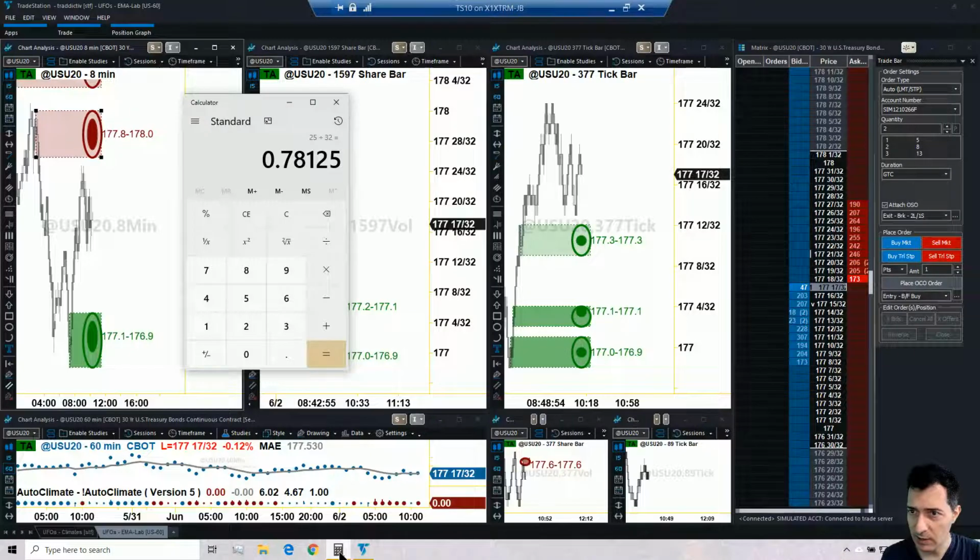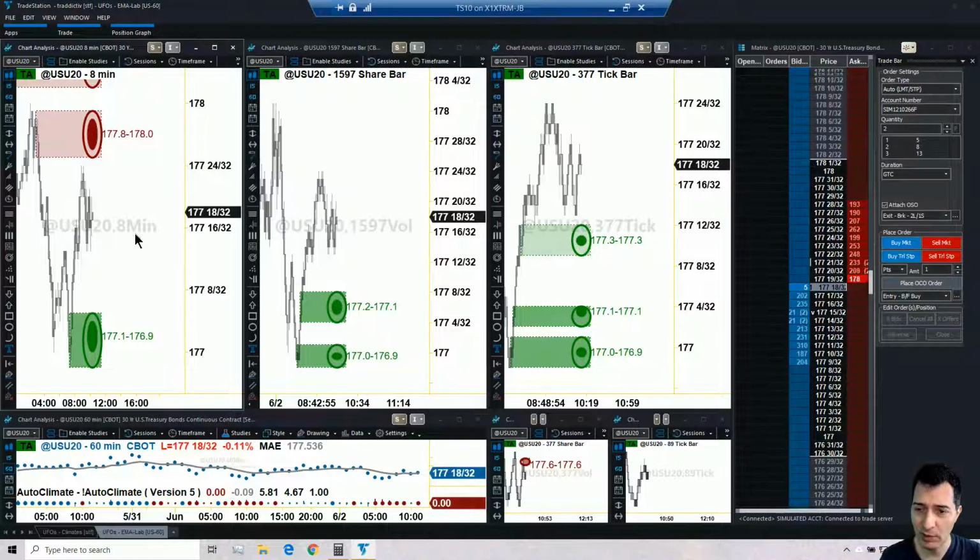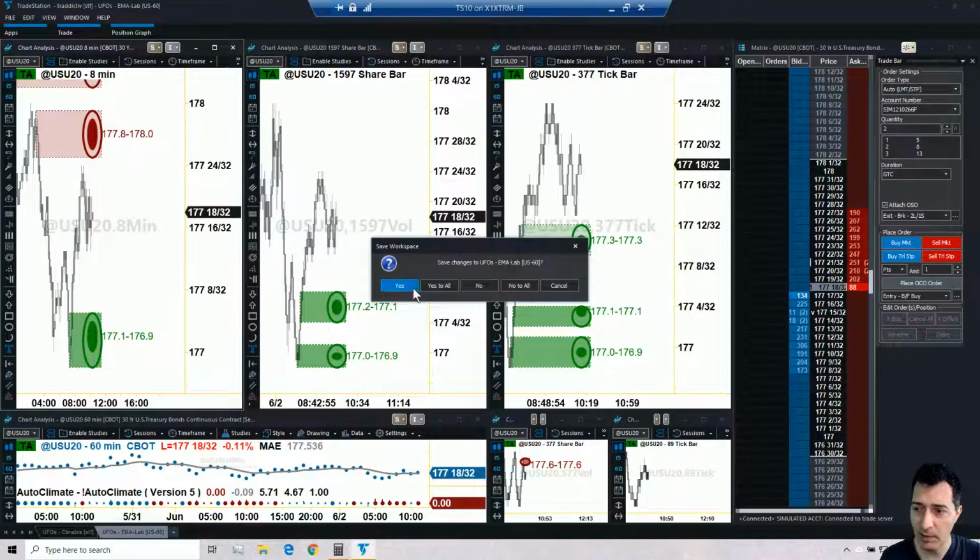So this plus 177. Basically we're talking about 177.78, where the average price is 53. So in other words, the UFO is higher than the EMA. The UFO is not enveloping the EMA, and therefore this UFO does not qualify as a good entry. As I said, I kind of did the math in my head. The UFO we are looking for should be more or less around the current price level, but it's not there. So for now, it's two no's, both for the TY as well as the 30-year bond, the US,